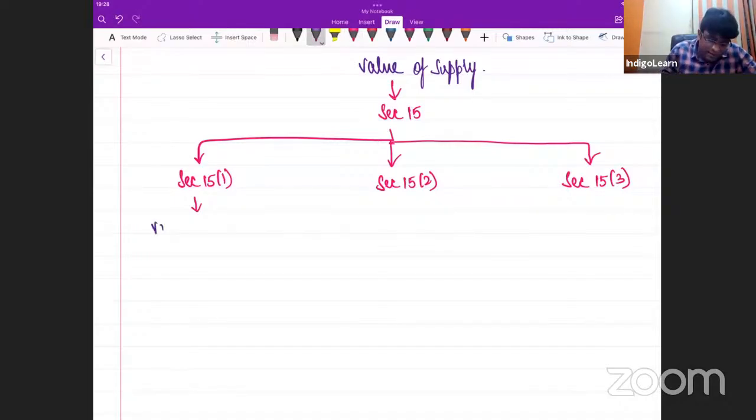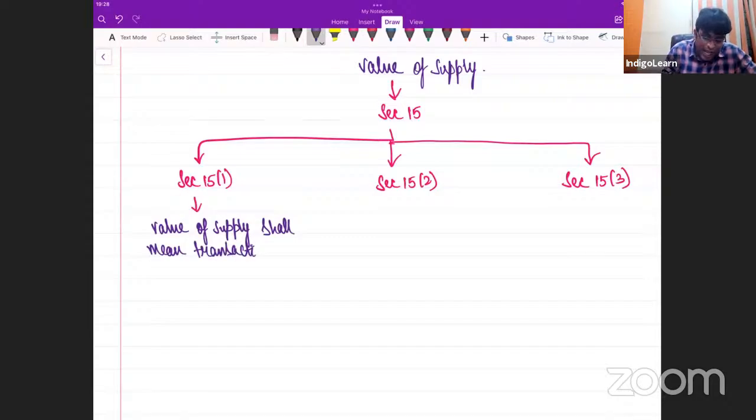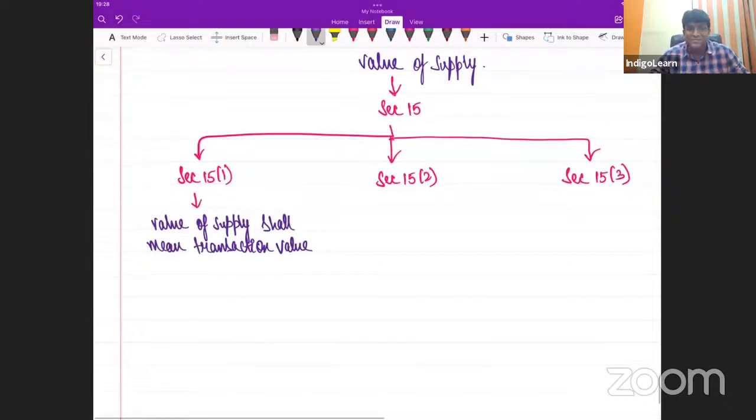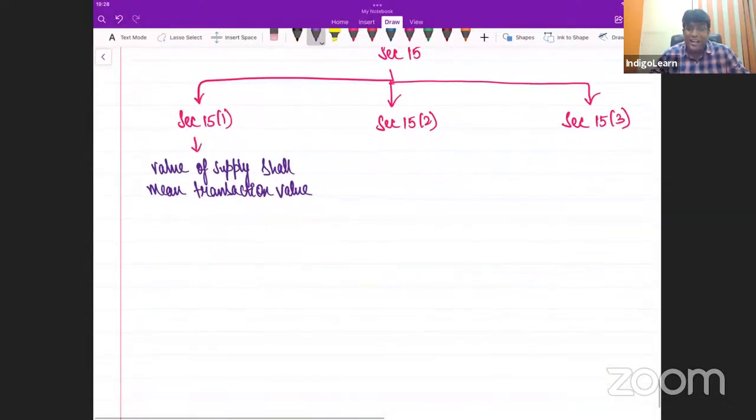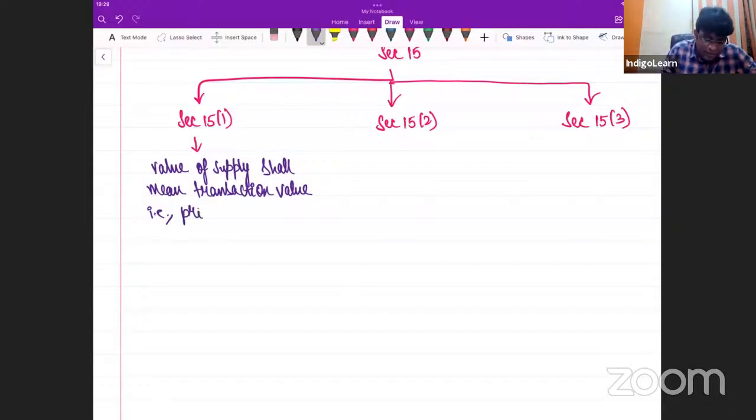15.1 says value of supply shall be transaction value. Common sense point. What is transaction value? Transaction value is nothing but the value at which the transaction is done. Correct? But one extra line I'll add here. Value of supply shall be what value? Transaction value. That is